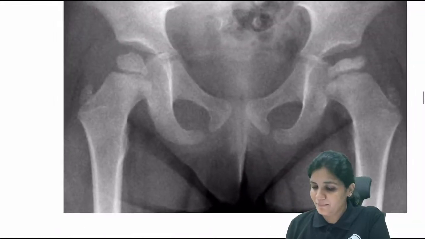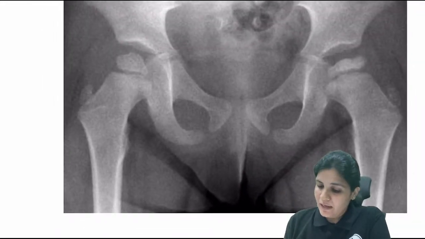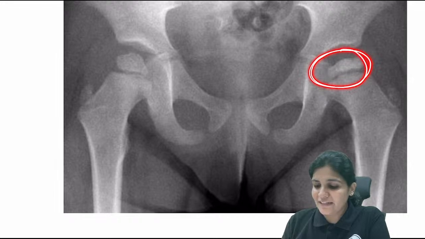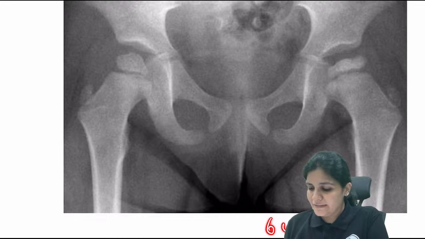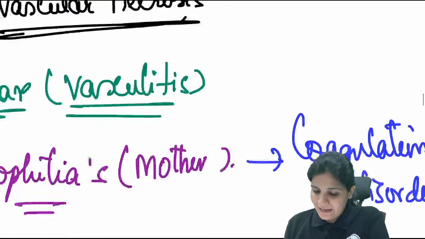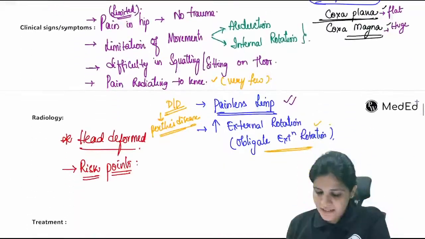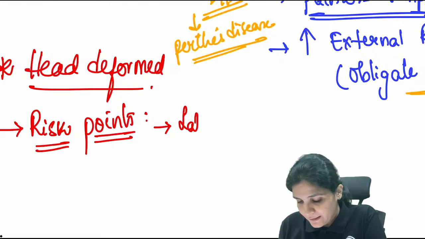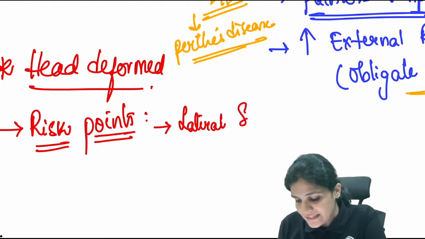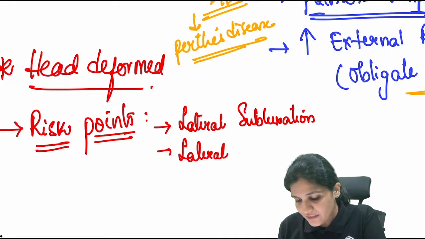So there is some problem with the head of the femoral epiphysis. So whenever you identify this, and especially if the patient is of age group 6 years or 5 years, then your first diagnosis would be Perthes disease. First diagnosis, Perthes, right? And now sometimes what happens is, if the patient presents to you early, what you can see is lateral subluxation of epiphysis, or lateral calcification,